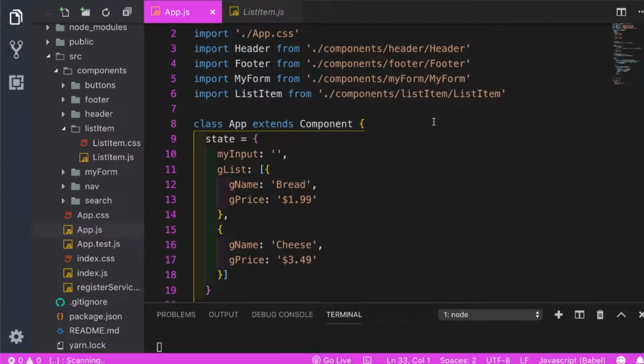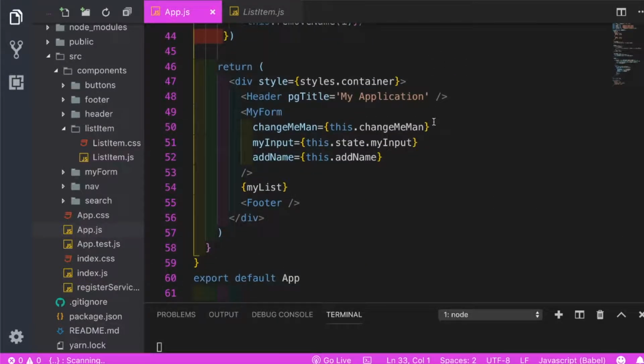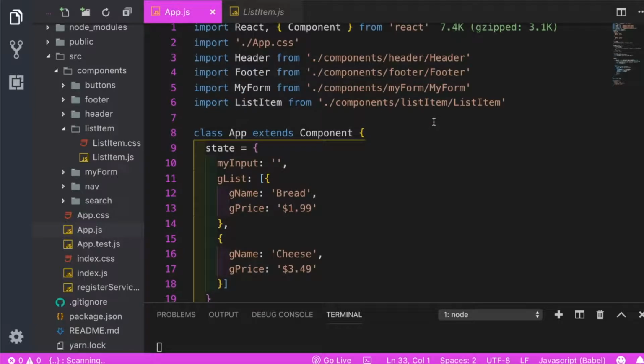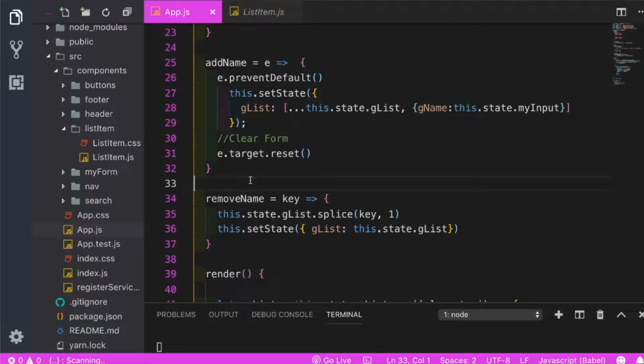In order to add the delete functionality, we need to go ahead and create a function and then also have it attached to the form. We will need to create a delete function on the app.js file. Right below the add function, I will create a remove function. I will give it a name of remove name. I will use the key as the parameter. In this function, I will say